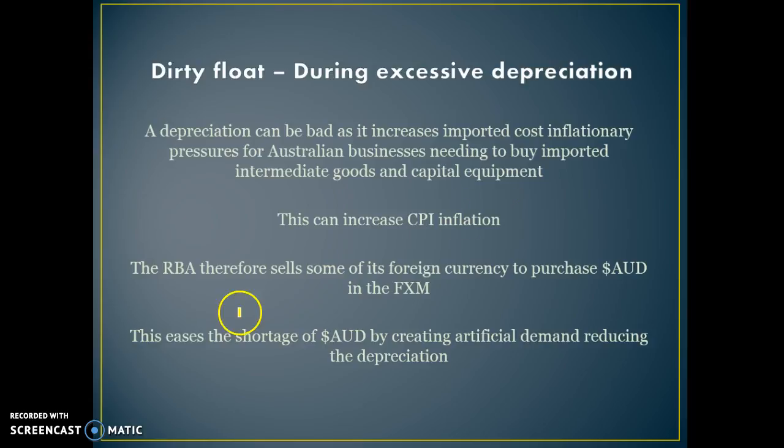So that will lead to a decrease in the surplus of the Australian dollar. So that should help to increase demand for the Australian dollar, get rid of the surplus of Australian dollars in the foreign exchange market, and therefore prevent some of the depreciation or increase the value of the Australian dollar. So essentially, if the RBA want to prevent the dollar from depreciating or appreciate the value of the Australian dollar, they can buy Australian dollars with their stock of foreign currency and sell off their foreign currency.